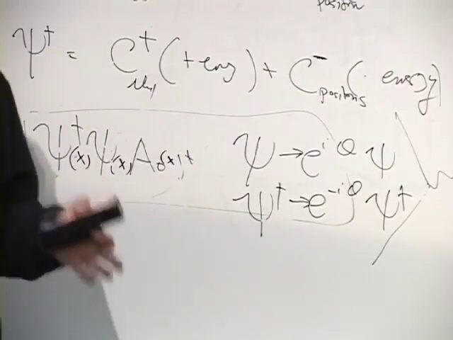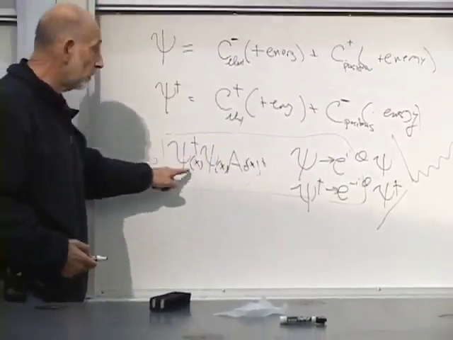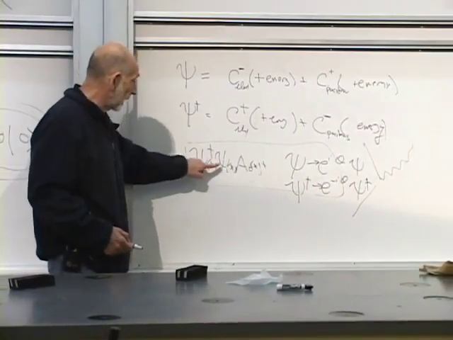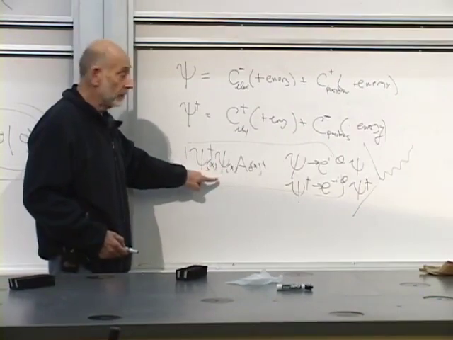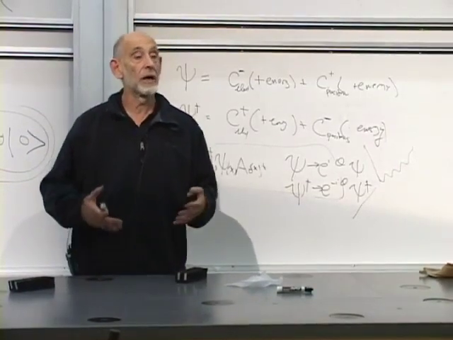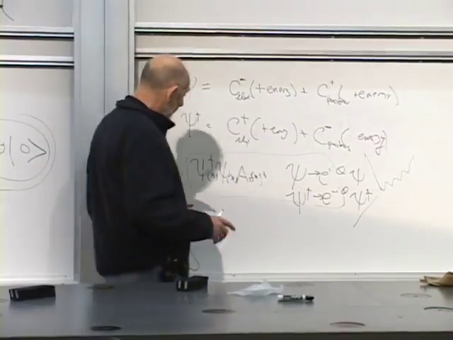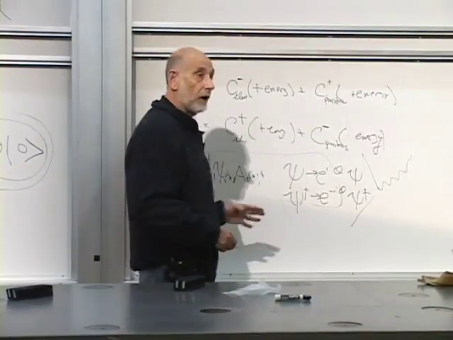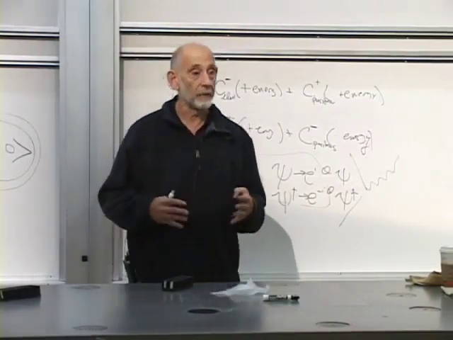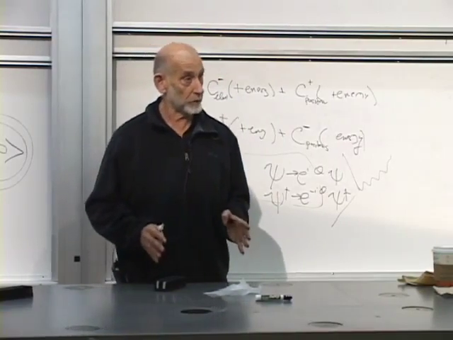That becomes a symmetry. What is that symmetry associated with? Well, it's just associated with the statement that you have an equal number of psis and psi daggers. If you had different numbers of psis and psi daggers, this would not be invariant. What is the symmetry that has to do with an equal number of psis and psi daggers? Charge conservation. So the basic utility of this for us will be to write down expressions where we can read off the symmetries, and from the symmetries read off the conservation laws. That's really what this is all about.